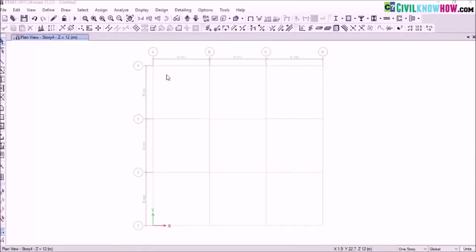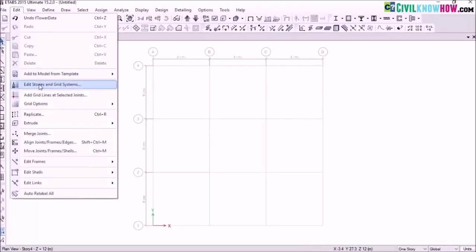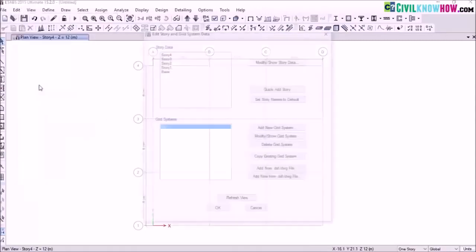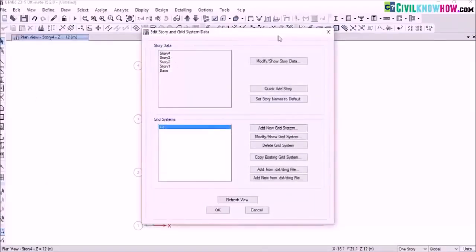So our next step is to define grid along both axes for a model. For that, let's go to Edit and select Edit Stories and Grid Systems. So here you can see in a dialog box, and under Grid Systems, you can see already a grid system is being defined. But let's go and define a new one. So select Add New Grid System,